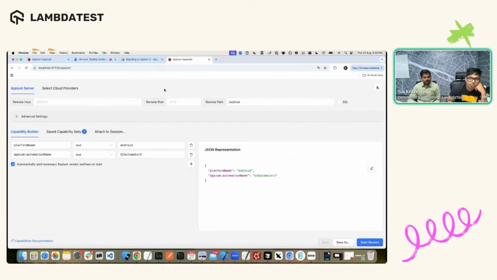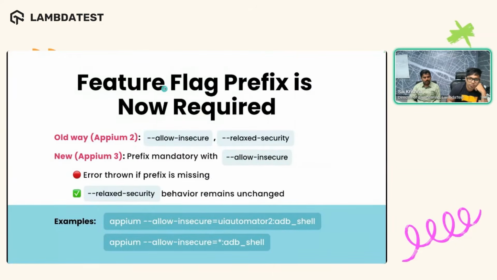And let's go in and see what's next for us in place. Perfect. So as I was talking about some change in the feature flags, basically the server flags. So not the desired capabilities or the driver options that we are talking about. It is basically the server flags. There are quite a lot of server flags that Appium has. So in case you don't know, probably we'll share the link where we have all of these Appium